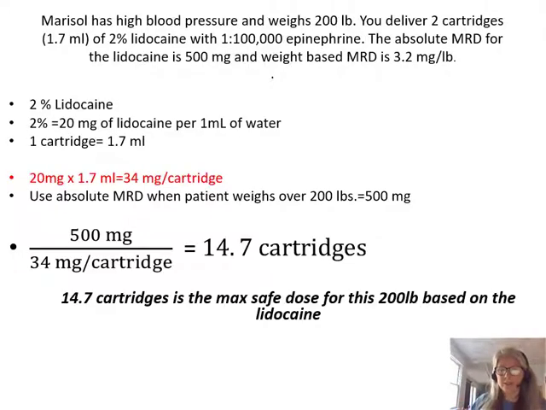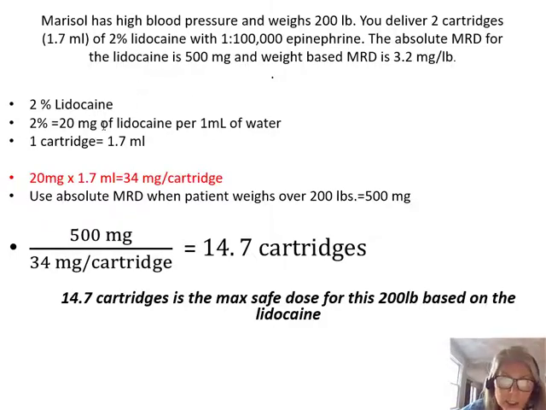Oh, now it's a little different. Uh-oh. So now Marisol has high blood pressure and weighs 200 pounds. So now we're delivering 2 cartridges, and each cartridge is 1.7 milliliters with 1 to 100,000 epinephrine. Absolute MRD of lidocaine is 500, weight-based is 3.2. So she is well over 150 pounds, so we're going to use now the absolute MRD, which is 500 milligrams. So let's determine how many milligrams of lidocaine